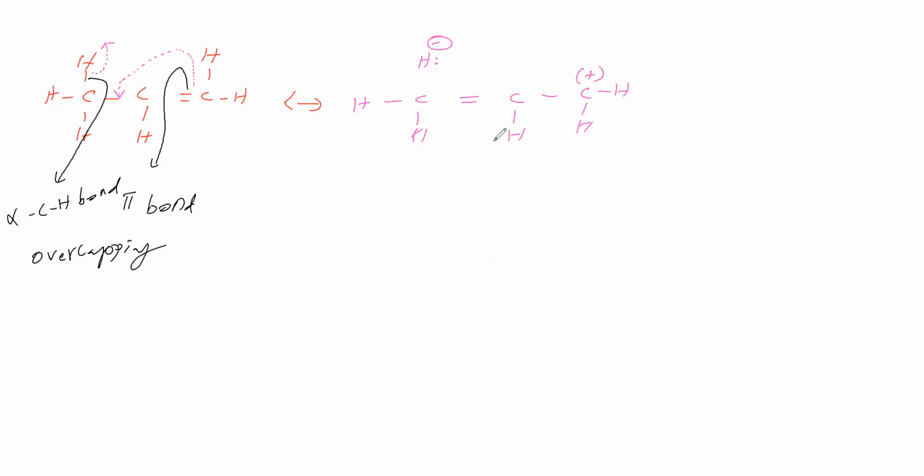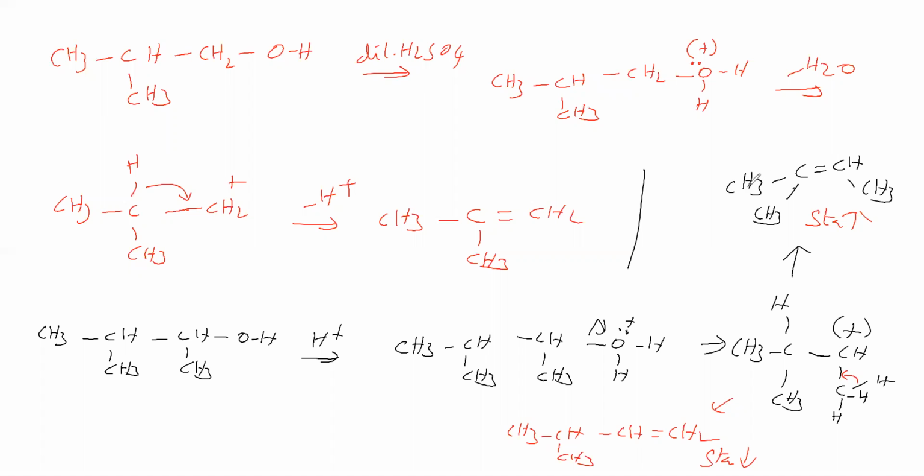Like this is possible. This is no-bond resonance, hyperconjugation. So the double bond goes for resonance with the alpha CH bond. Here three alpha CH bonds are there, therefore three resonance structures we can write. In this case, these CH3 groups can go for hyperconjugation, so 9 hyperconjugative resonance structures for this. But in this case, only one alpha CH bond, therefore only one hyperconjugative resonance structure. Therefore this stability is more, this stability is less.